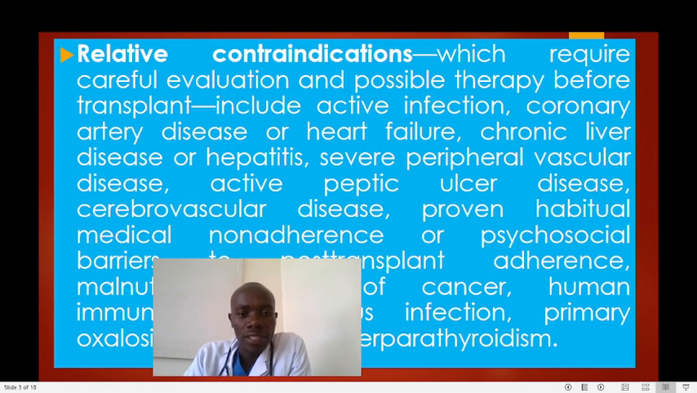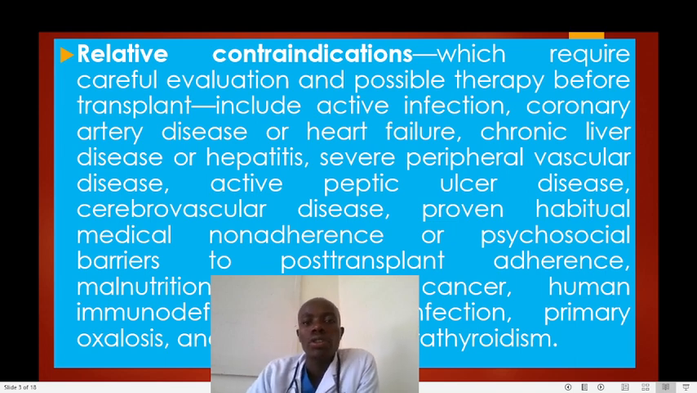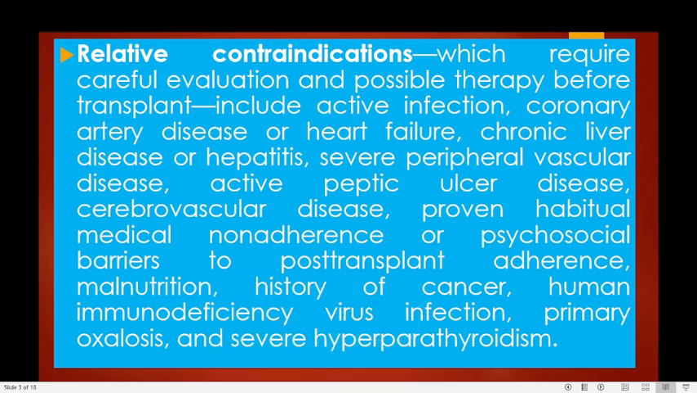Others we have are the relative contraindications. Relative contraindications are not as bad as the main contraindications, but they can also contribute to somebody not undergoing the transplant. They require careful evaluation and possible therapy before transplant. They include active infection, coronary artery disease or heart failure, chronic liver disease, hepatitis,